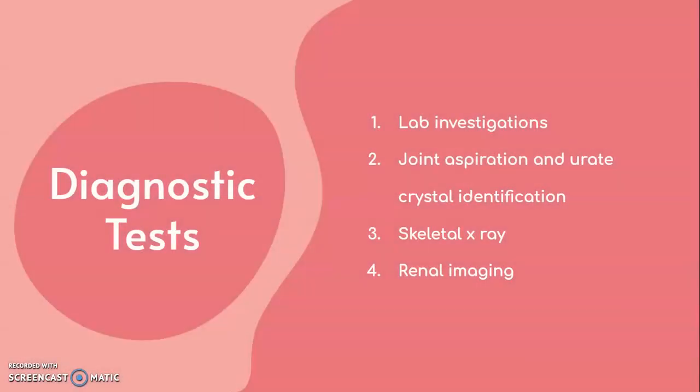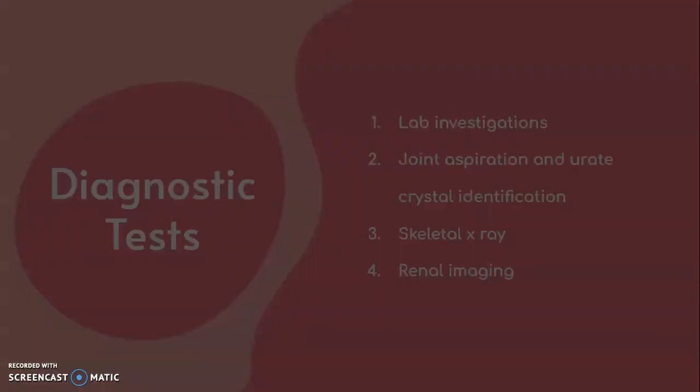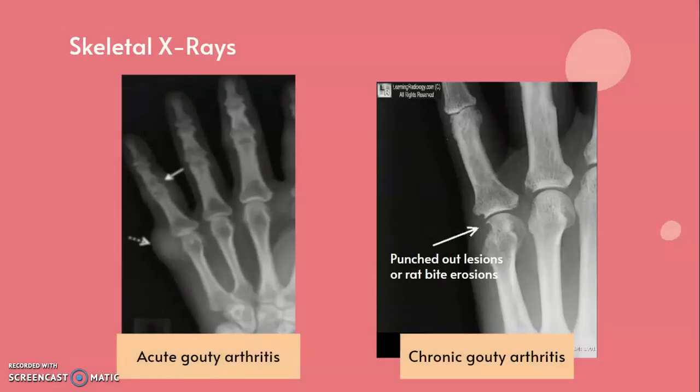And then let's move on to the diagnostic test. There are many diagnostic tests that can be done, which include lab investigations, joint aspiration and uric crystal identification, as well as skeletal x-ray and renal imaging. But for this video, I will only cover skeletal x-ray and renal imaging. Alright, let's go. So for skeletal x-ray,